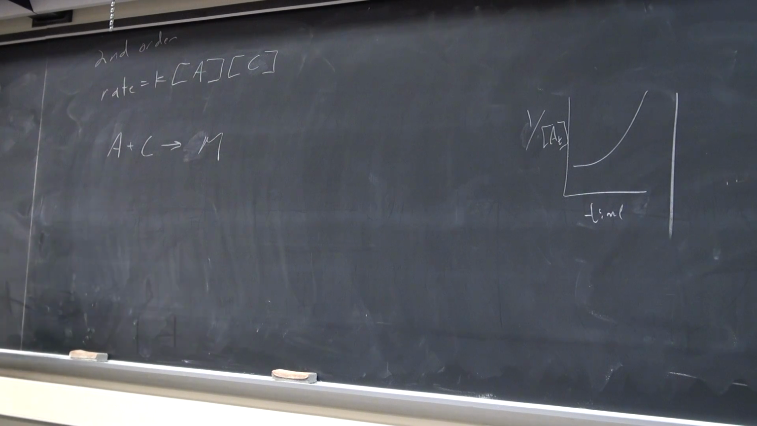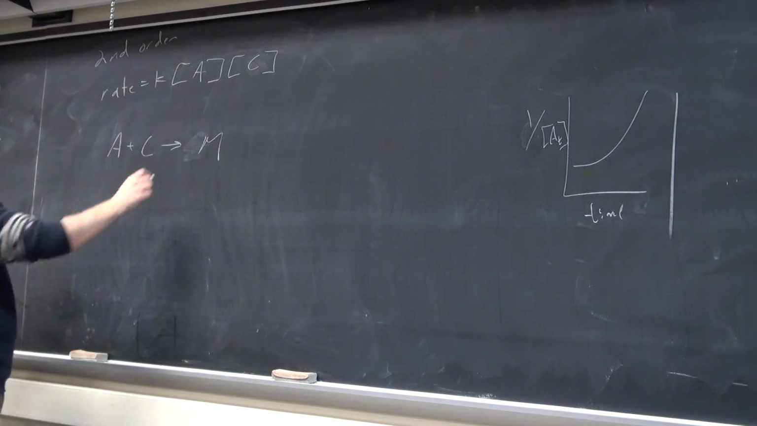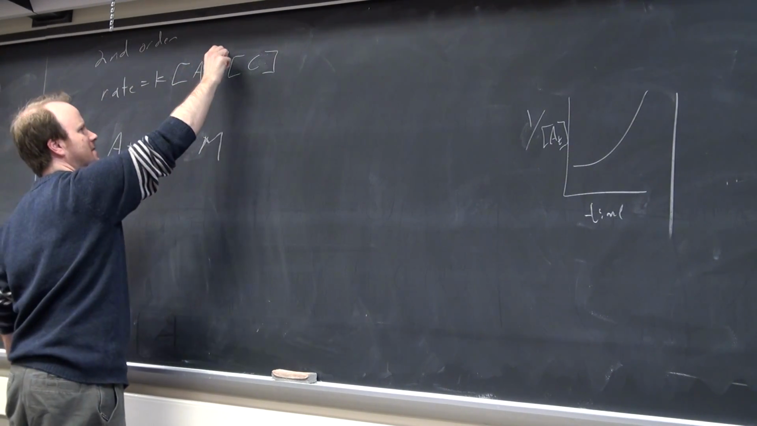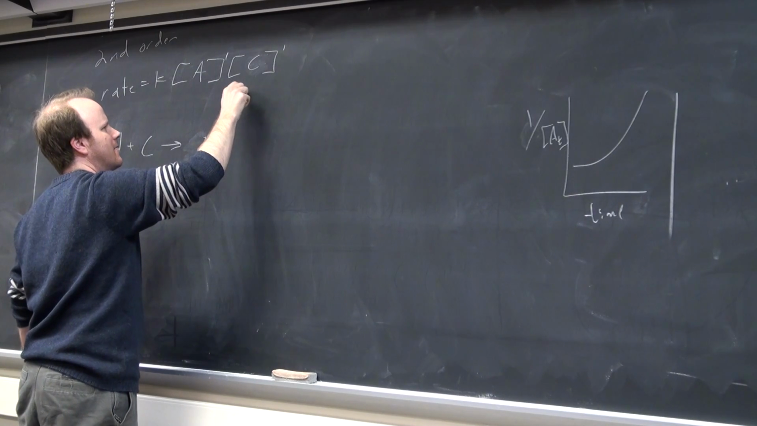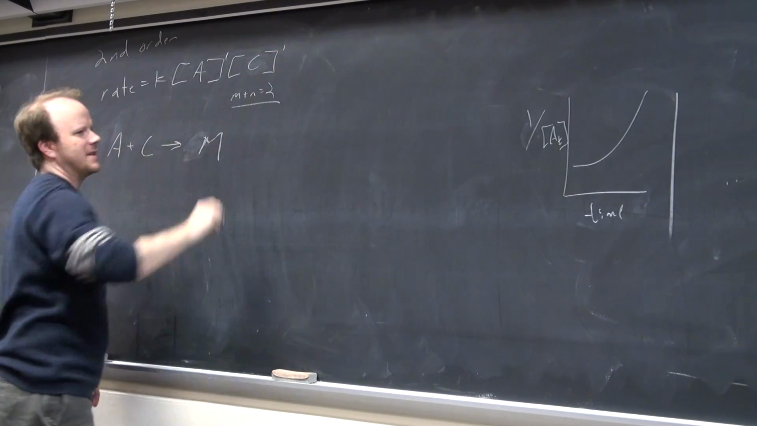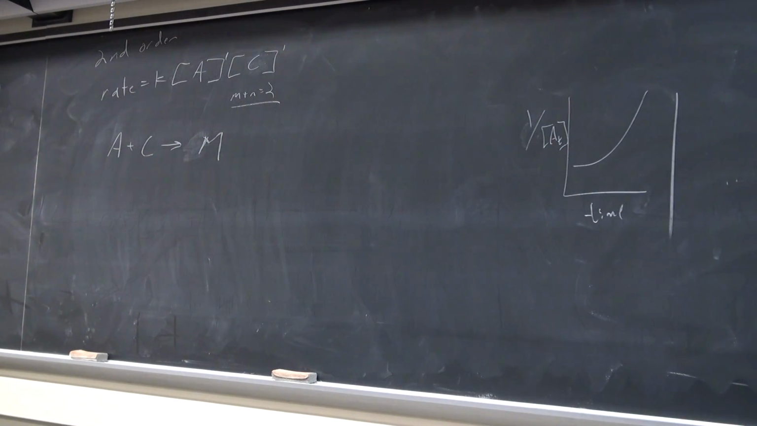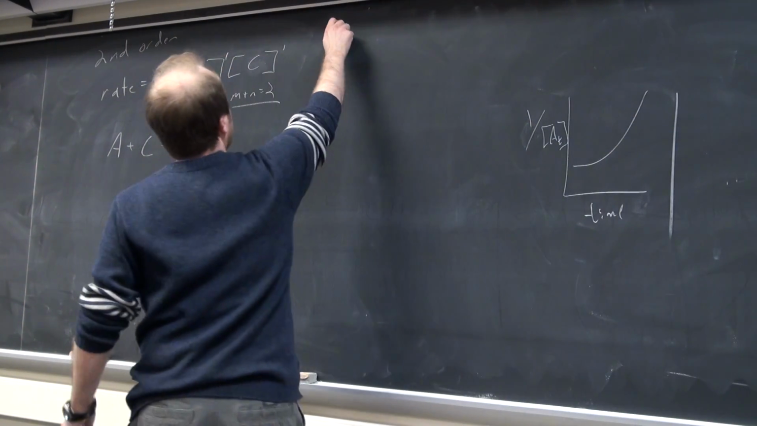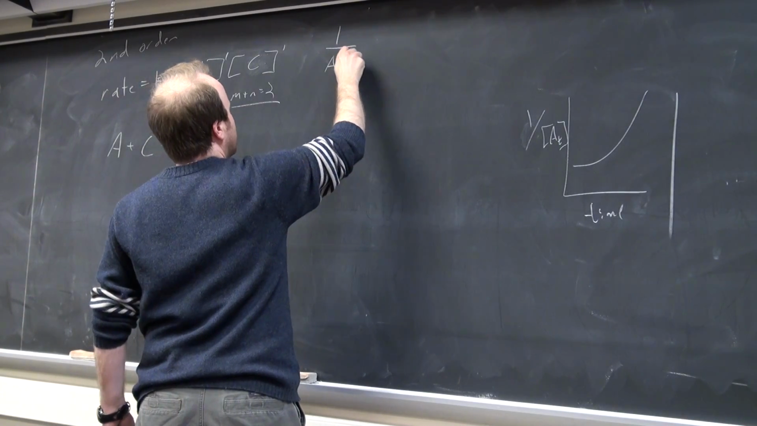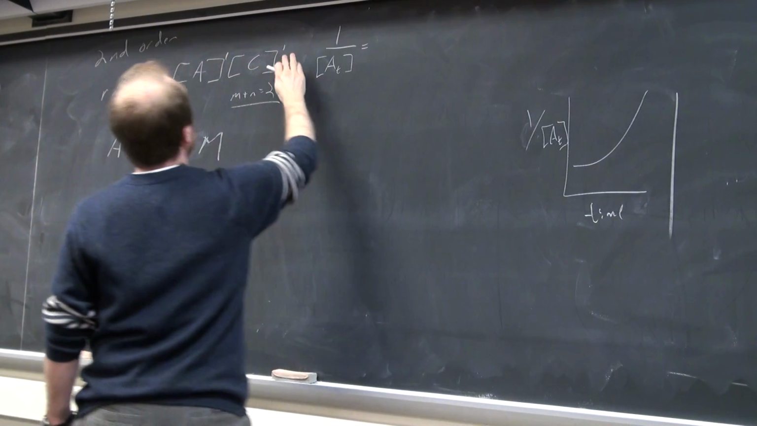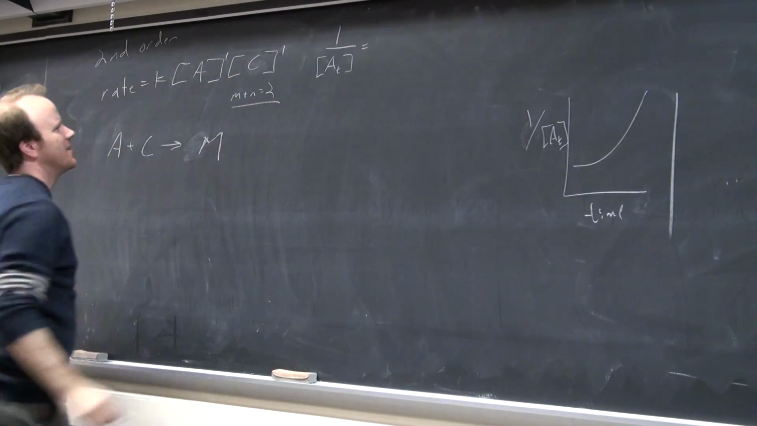Just so you don't get confused about A's, B's, and C's, A plus C goes to M. Perfectly valid thing to do. So we know that the exponents are 1 here. It's the definition of second order. If we look at the rate law for second order, you see that 1 over